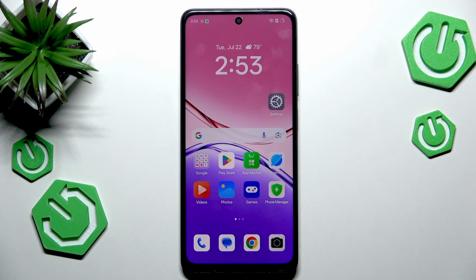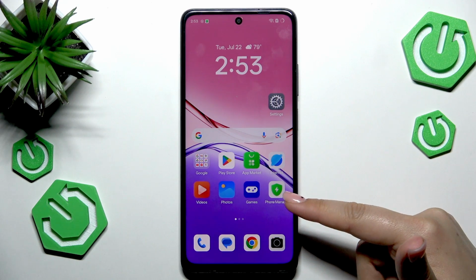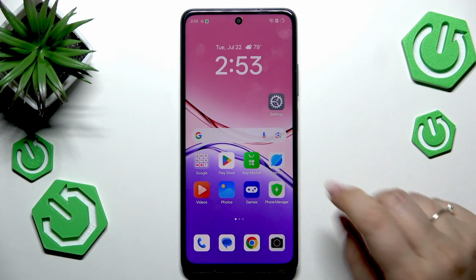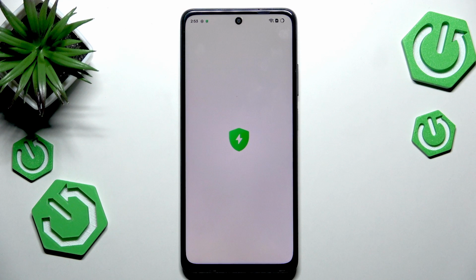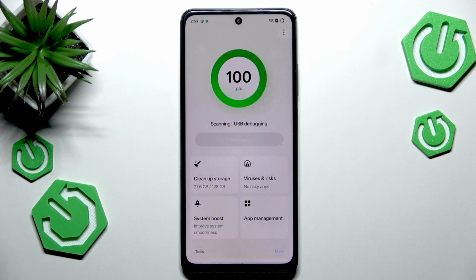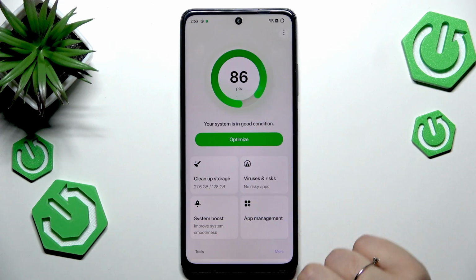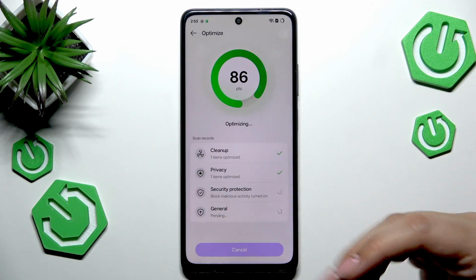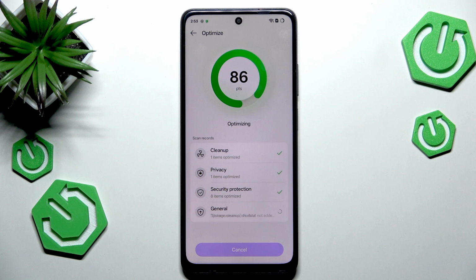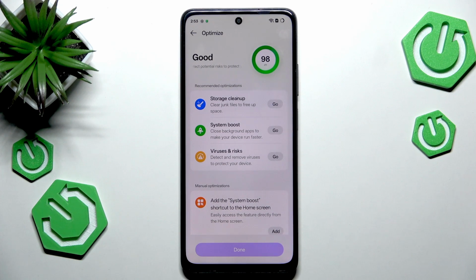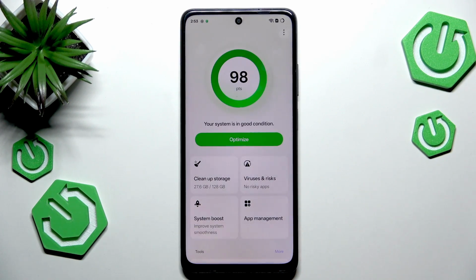Another option which you can try to do is to optimize your device. Simply go to Phone Manager. This is the pre-installed app, so for sure you've got one. Just go there. Of course, give all the permissions if you're opening it for the very first time, and you can try to tap on Optimize, and your device will automatically try to perform some cleanup, privacy, manage security protection, and general options. Okay, so just tap on Done,